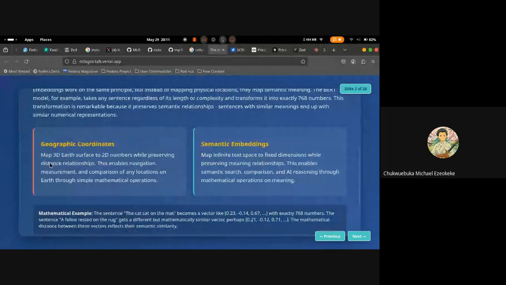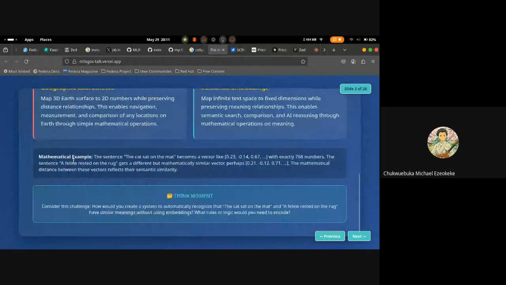So this is just a quick example. When you take a sentence, it can become a vector with a fixed set of numbers. Well, for example, in traditional machine learning, when you're working with, let's say you want to do